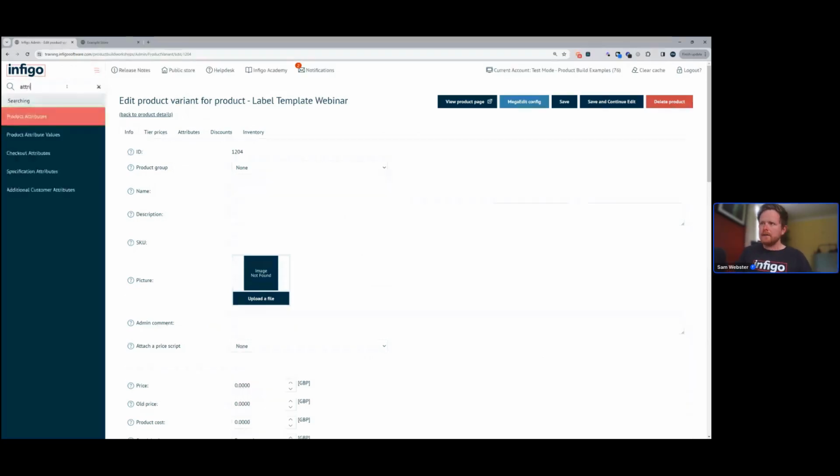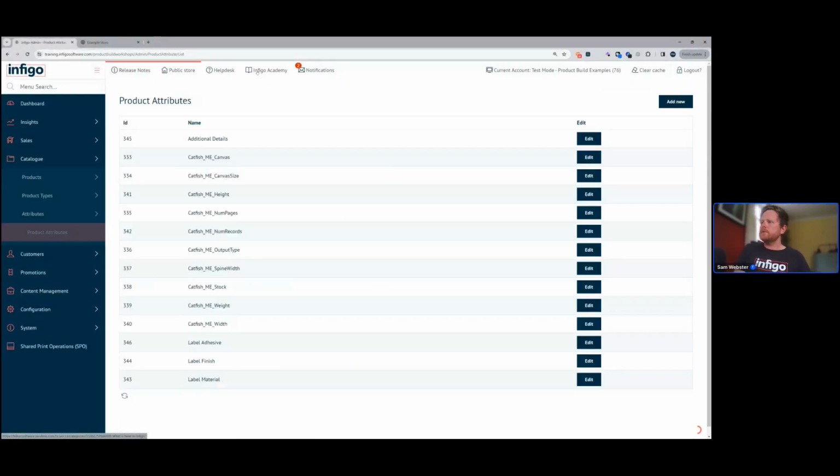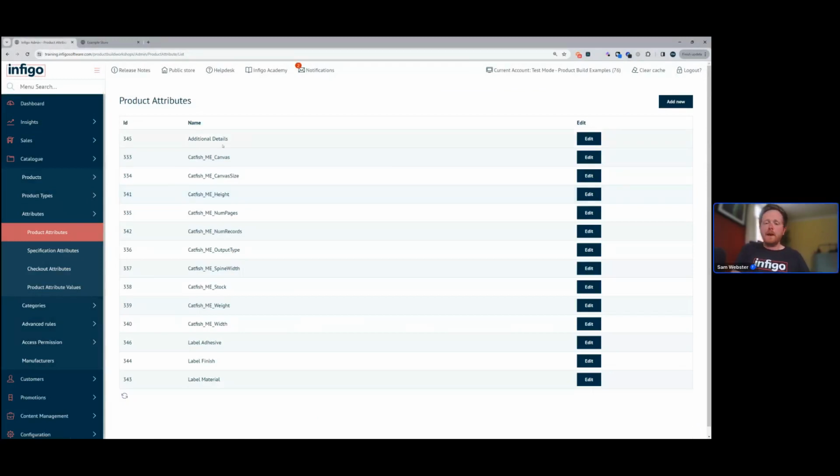So I'm just going to go ahead and go to my product attributes. Now, what we do with the attributes is quite similar to what we do with the resources that we just created. We create them independently, and then we can assign the attribute to multiple products if we want to. It just means that we don't have to recreate the same thing over and over again. So I'm going to go to product attributes,